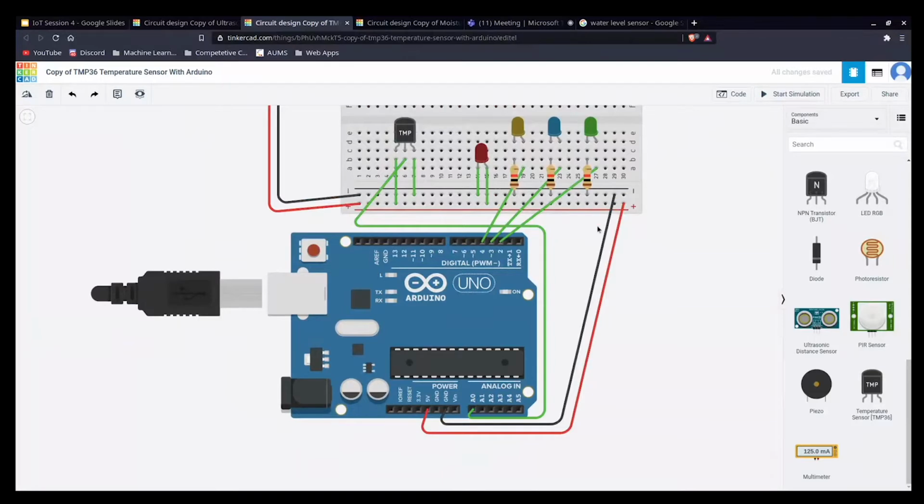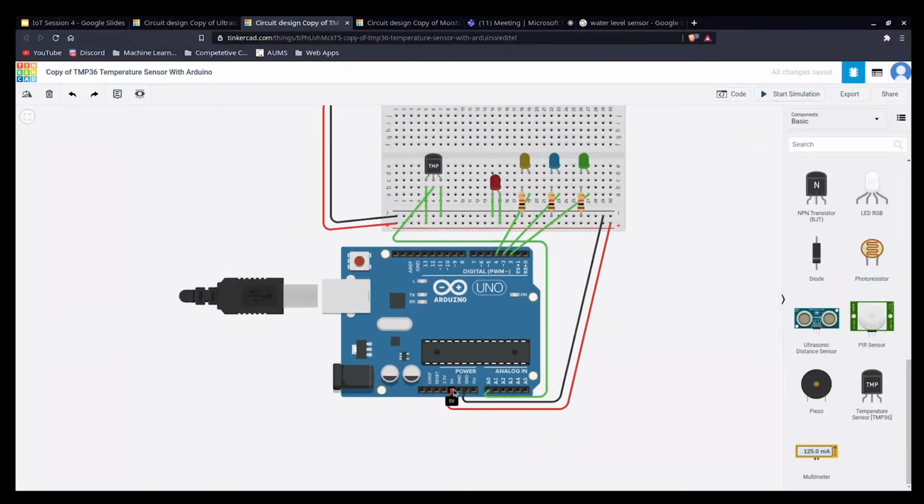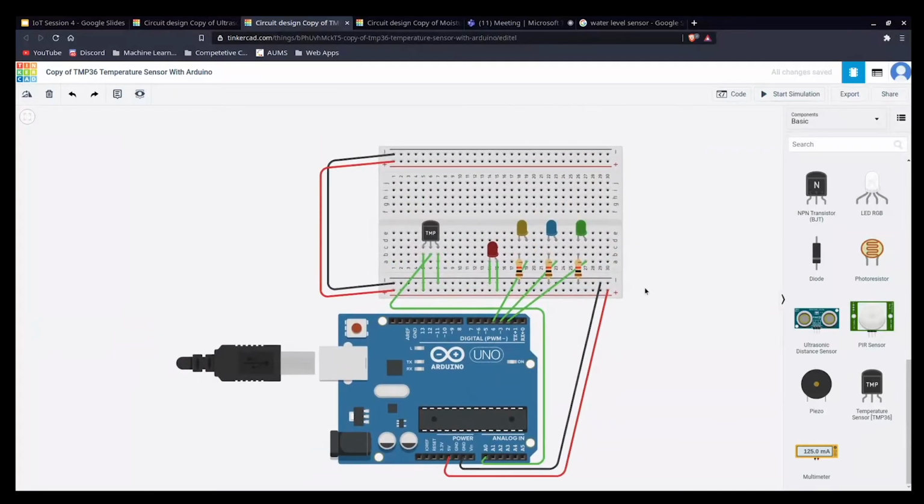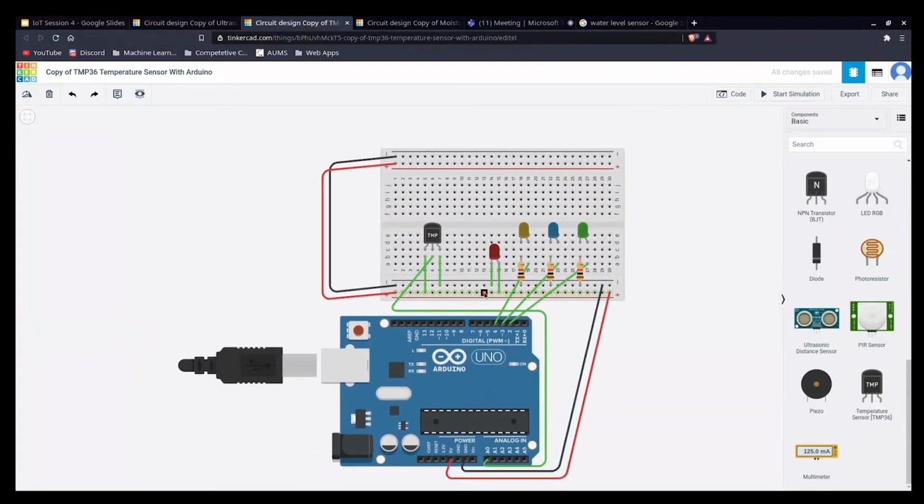Okay, so there's a small difference here. We are using 5 volt in parallel to the complete board. As you can see, we have connected the 5 volt line to this line. As I told in the earlier section, the last two lines and the first two lines, these connections are in series in a horizontal way, and the rest are all vertical.